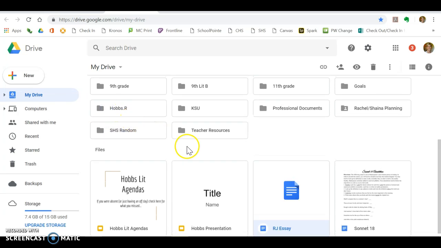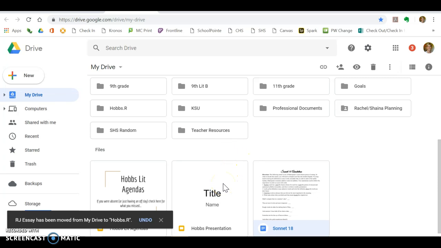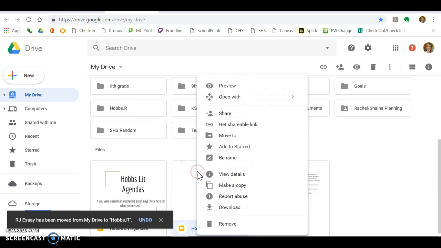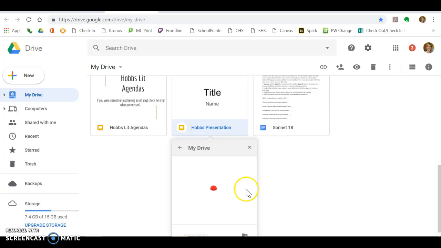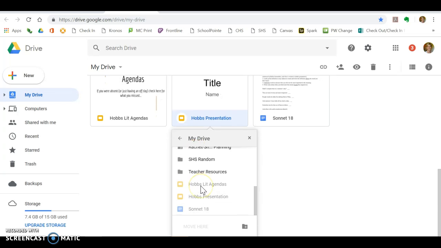And if you have trouble with your mouse and stuff like that, you can't drag very well, then you can always just right click it, and then it'll say move to, where is it? Move to, right there. And it'll bring up all your little options right there, and you can move it